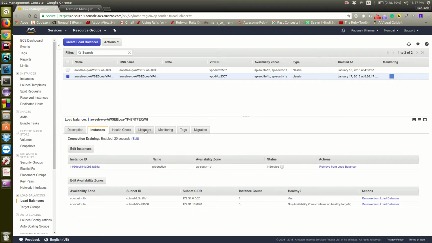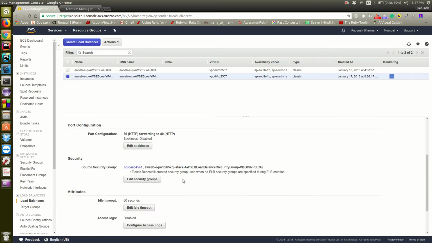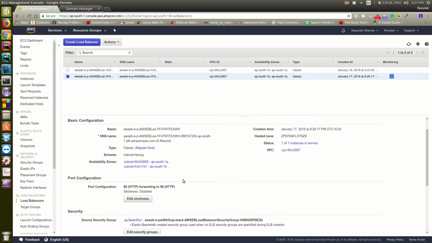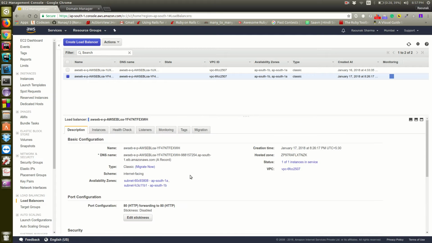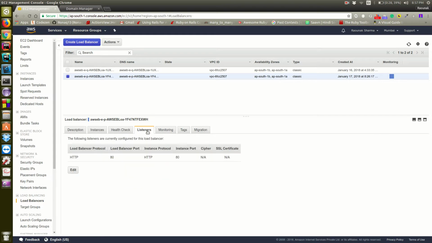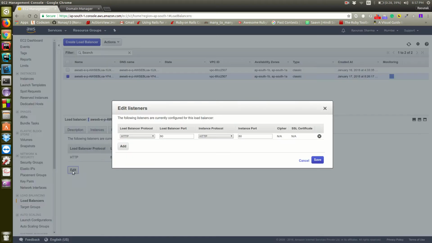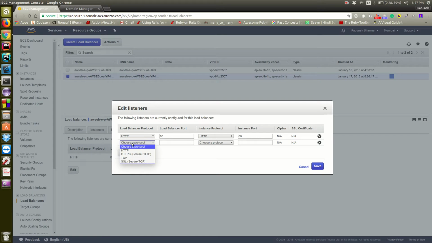So what we need to do is add a listener over here, and we also need to update the security group. So two things you need to do: add a listener to the load balancer, and update the security group. Go into the listeners, edit it, add it, and choose the secure HTTP protocol, and remember,